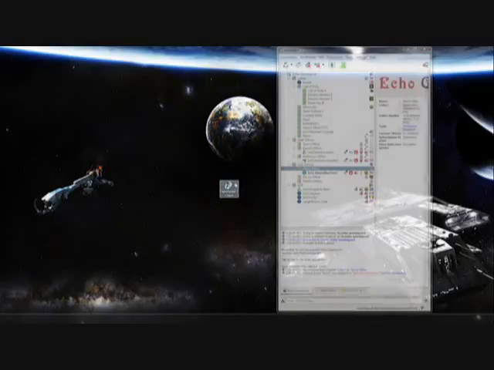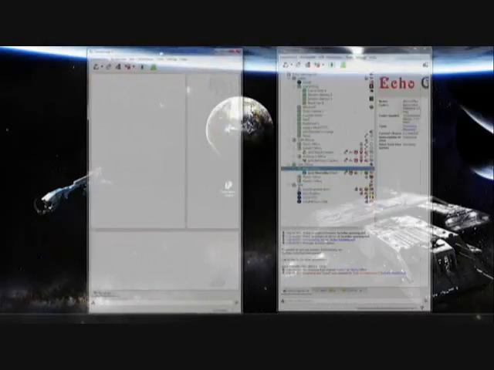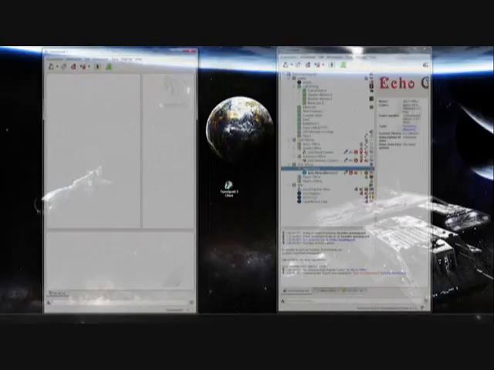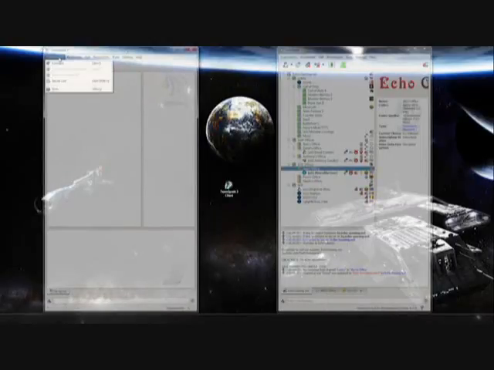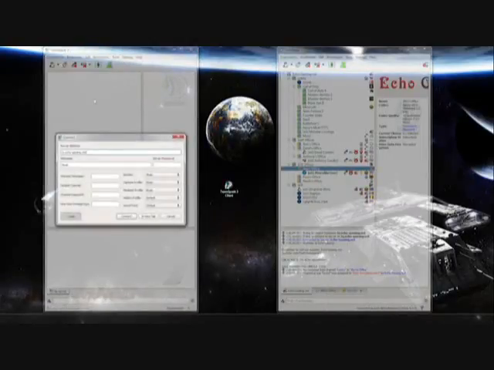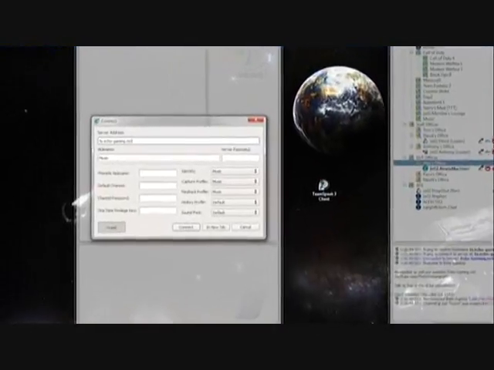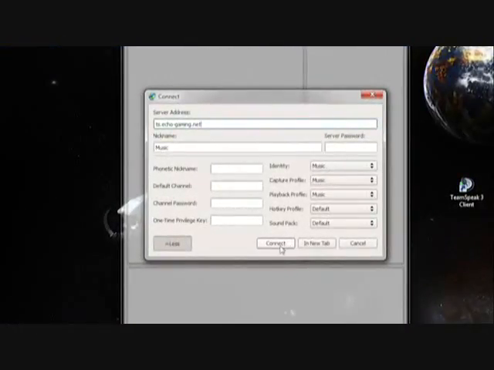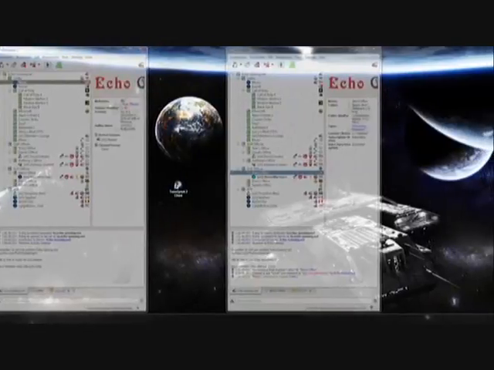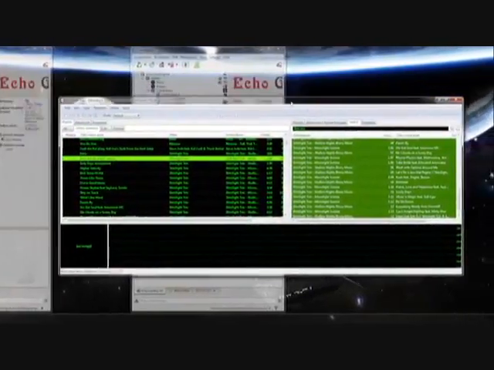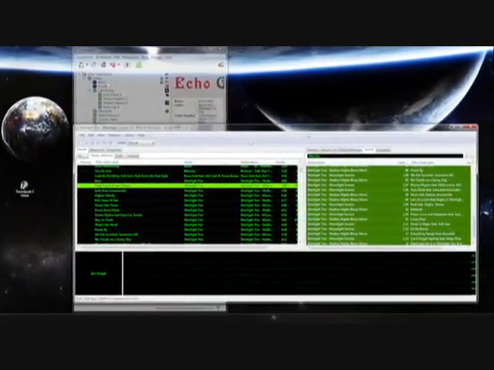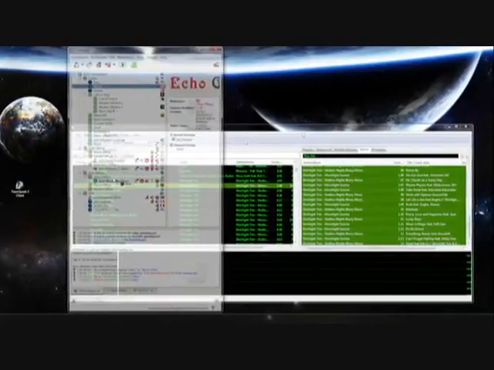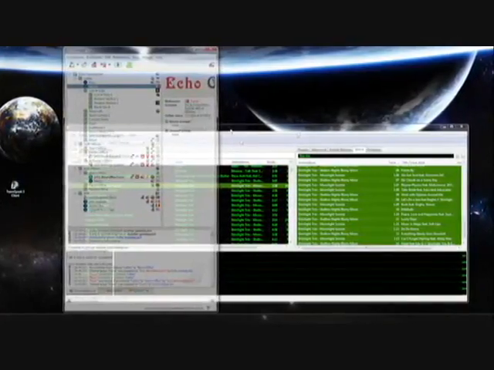So basically I just double click on this TeamSpeak 3 client again. As you can see, another TeamSpeak window is open, and I'll show you how to do this in a few seconds here. I'm going to go to Connect in the Connections tab. Here's the address, here's the nickname. I'll show you how to do these later, and I'll hit Connect. Now I can have my programs such as Foobar, and I'll grab my music client and bring it down into my channel.